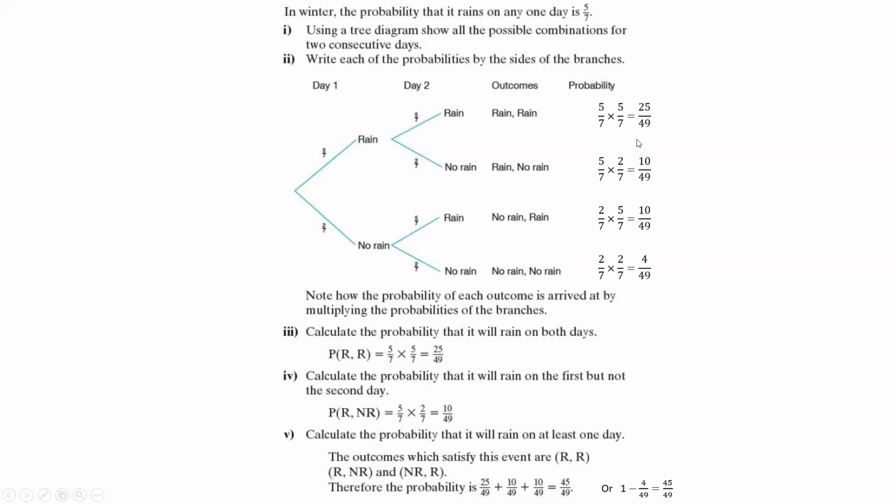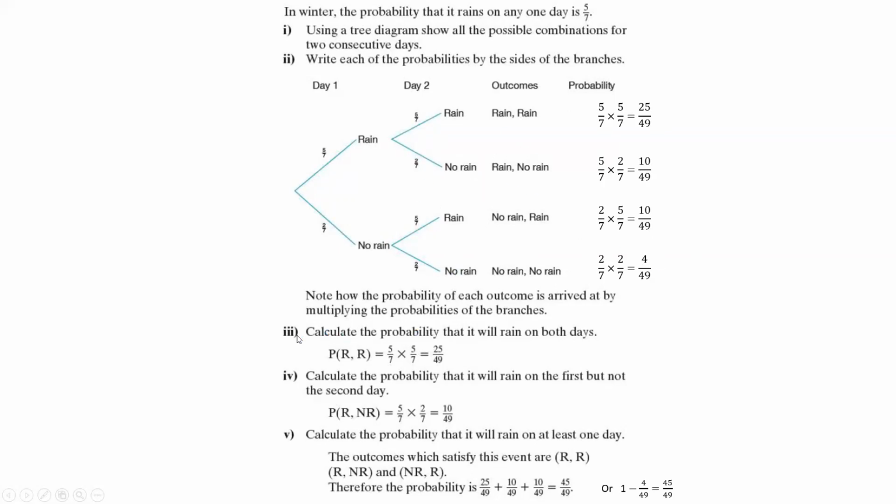So it's the same as just now with the dice. When you roll a dice, you multiply. Because this is not 1 over 6 anymore, this one is given, so you must follow. That means 5 over 7 multiply 5 over 7, then you get this. Rain, no rain, these two multiplied together to get this. No rain, rain, these two multiplied together to get this. And no rain, no rain, you get this. So these four are the outcomes from this thing.